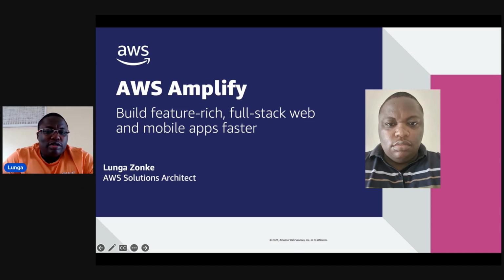So, my name is Lunga Zonke. I'm a solutions architect with AWS. I'm part of the enterprise solutions architecture team in South Africa, based in Johannesburg. We help a number of customers migrate their workloads into the AWS cloud, as well as modernize their workloads currently running on AWS cloud. So, today I'm going to share with you how you can accelerate your web and mobile